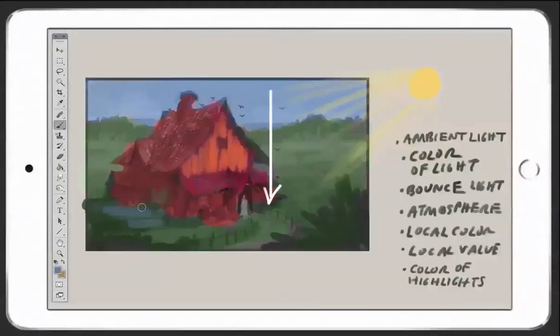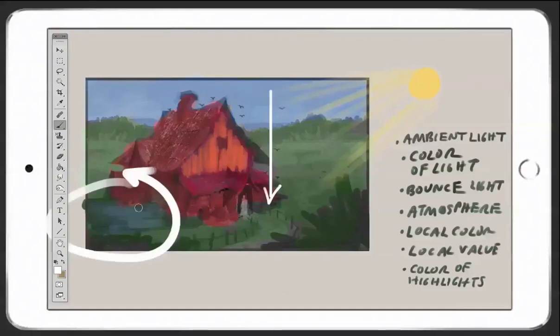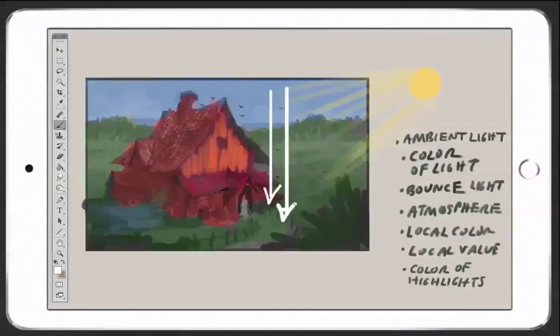Something like this, maybe. And by doing that, the cast shadow gains a more realistic appearance because that's what happens in real life. The blue of the sky enters into cast shadows. The idea of the blue of the sky following this downward descent in a vertical direction like that is very